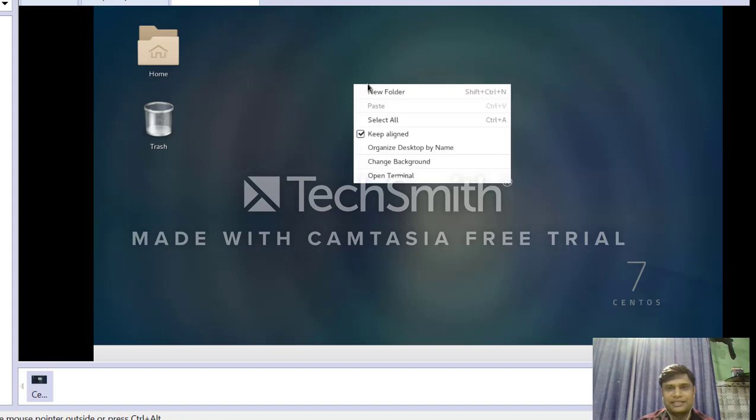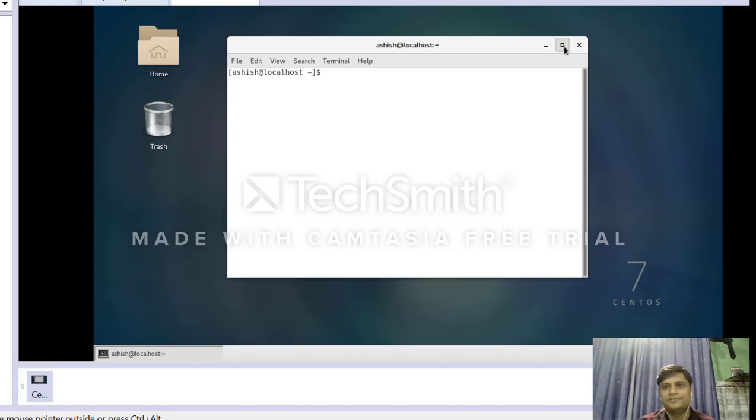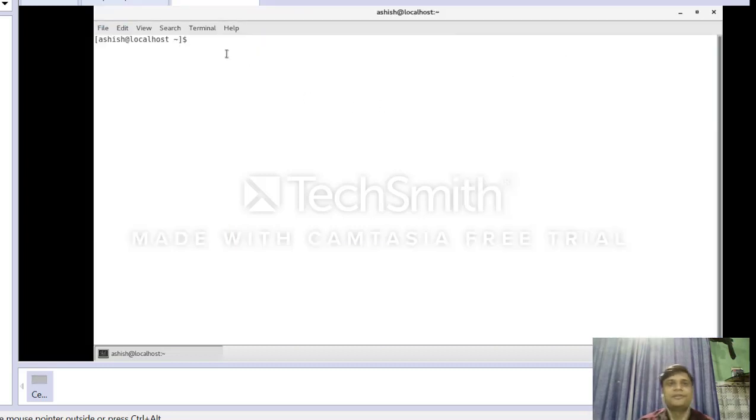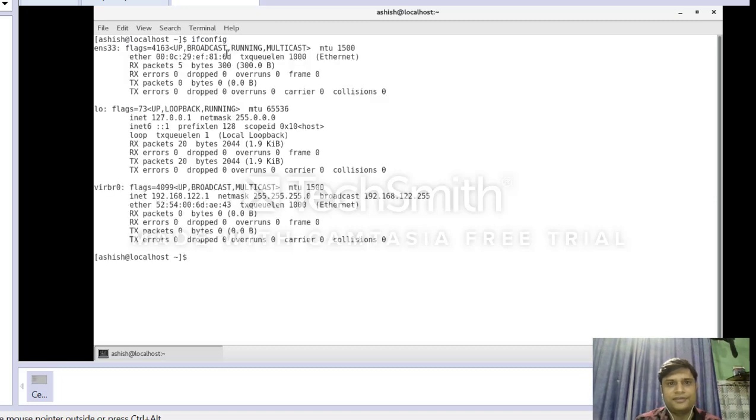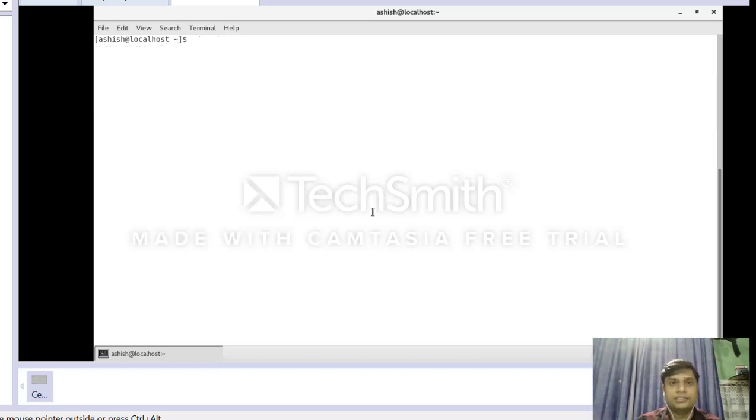You just right click, and if you want, you can open your terminal from it. You can see your terminal. Now if you type the command ifconfig, you will see all the interfaces and IP address. So if you type ifconfig, you will see all the interface details. Here we have not configured any IP address, so it will not show you any IP address. That we will configure in our next video, guys. You can also increase the font size by pressing Control Shift and plus. You see the size increased.